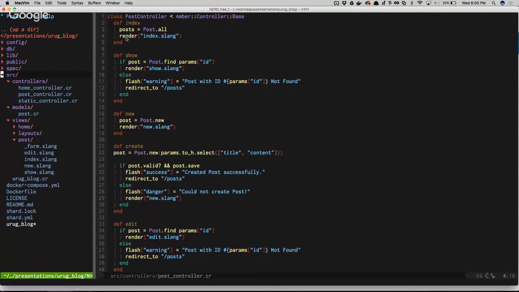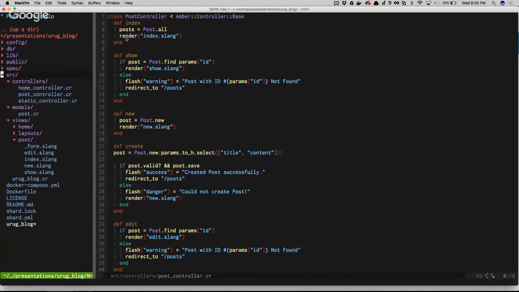Maybe one's better for one thing and one's better for another. Currently, we've incorporated one called Granite ORM. They used to be part of the Amethyst project. We're potentially also going to incorporate one called Crecto, which is basically a Crystal rewrite of Ecto from Elixir, which some people like and some people don't.